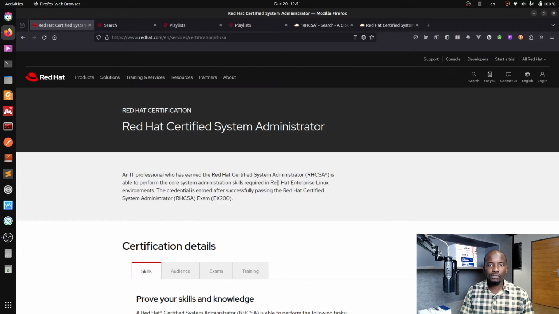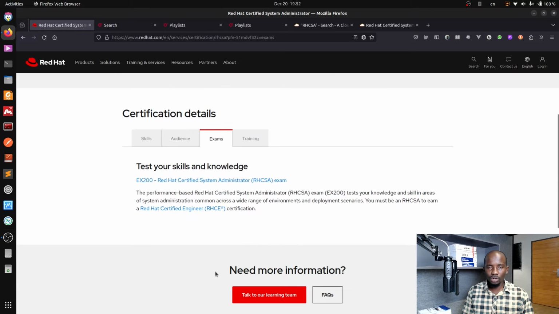As you can see on my screen, I'm on the main page of the certification, and if you are looking to check the objectives of that exam, you will have to go to the exam section. After you are on that exam section, you can choose the first link which will bring you directly to the page where you can find the objectives of that certification. So I went on that page,